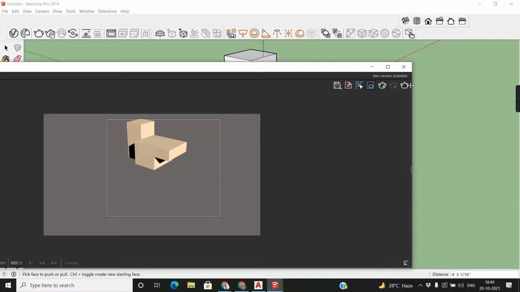And if I want the final render, just click this final output. If I click here, you will get the final output button.